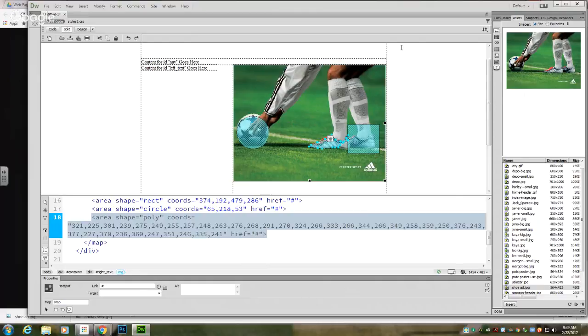All right, now just doing this won't do anything. You need to select it, and then at the bottom, notice my hotspot that I created right here around the shoe is selected. Down here at the bottom of the properties, you've got a place where you can put a link. So for instance, if I wanted to send my user to a website to buy these shoes,